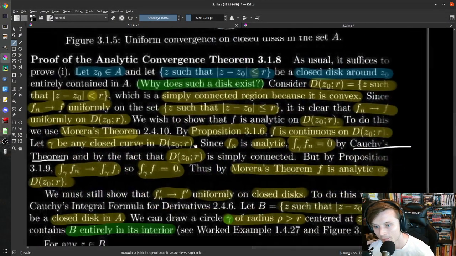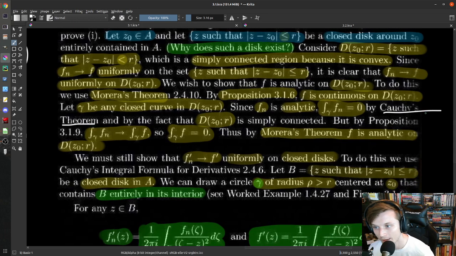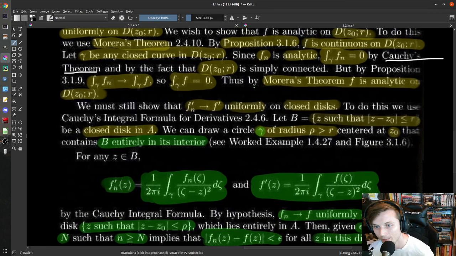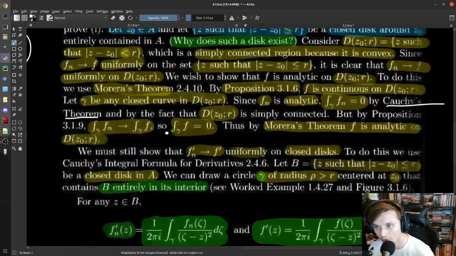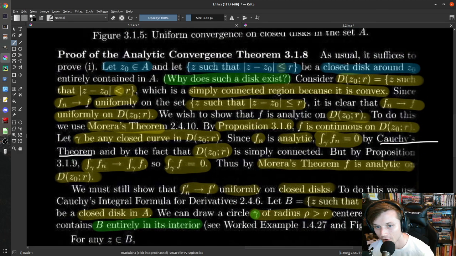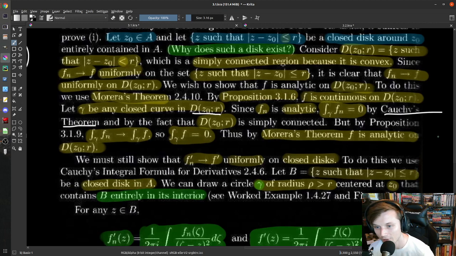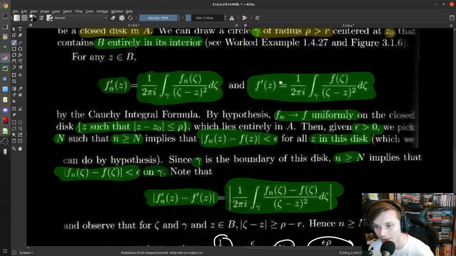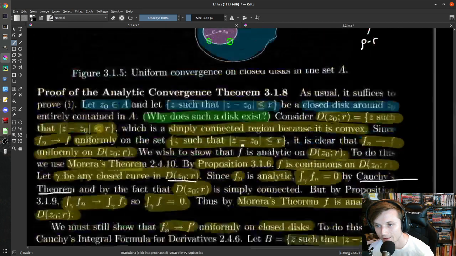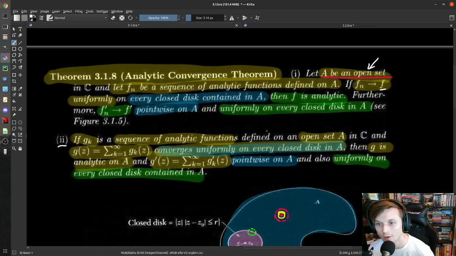Now, by using the bound we get from uniform convergence, we're able to do this here. We do it for a gamma, a closed curve in this little disk of radius r right there. Okay, and so we just pop that on through, easy. Sorry, I feel like I'm confusing things more here, but hopefully everyone sees the idea is that we're just taking